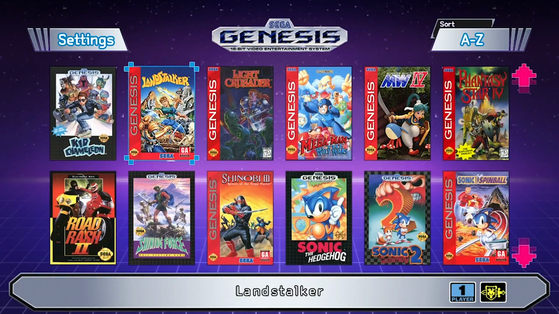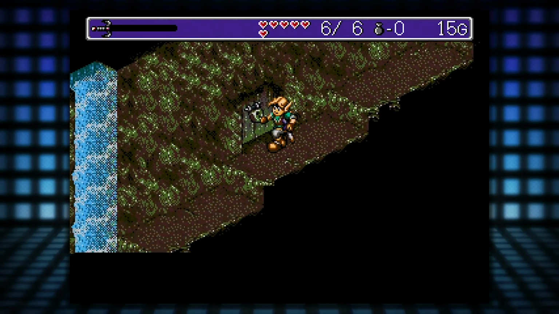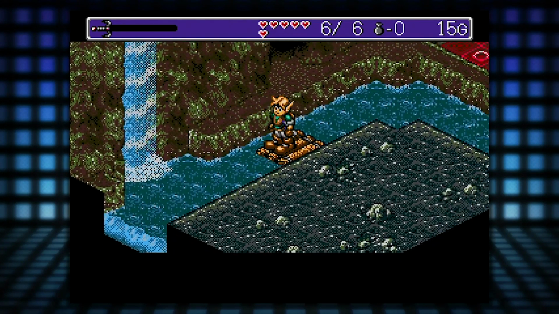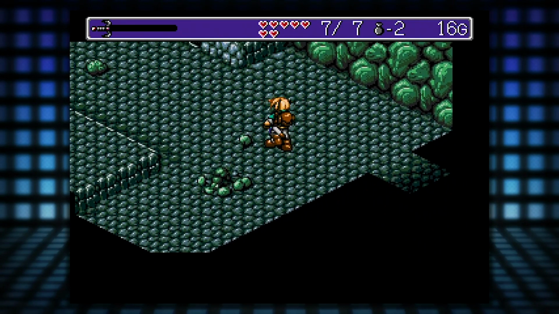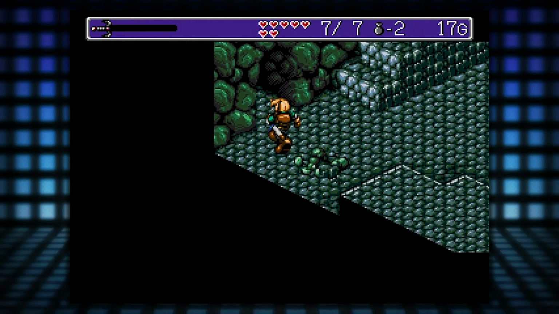Next, Landstalker. One of two isometric action RPG games on the Genesis Mini, this gem from Climax has some hardcore fans, and I'm so glad to see that Sega has been giving it more love in recent years. It's a lot more lighthearted than the other adventure games on the Genesis Mini, and while it's not without its problems, mainly the collision detection and frustrating platforming, it's so much fun to figure out its puzzles, and to play